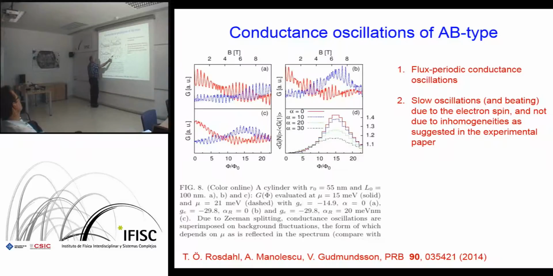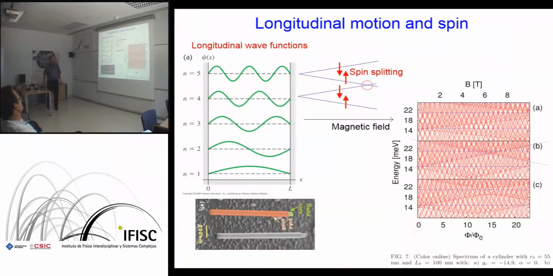We also tried to observe the effects of possible spin-orbit coupling, but this is another subject that I do not want to expand on. And according to our calculations, the modulation appears because of the spin,